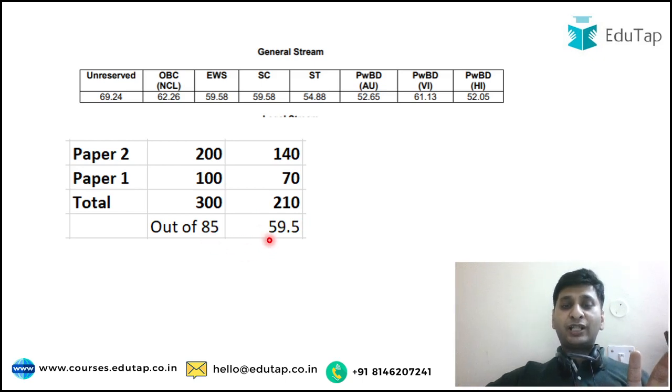So in my example, they come out to be 59.5, but the cutoff comes out to be something around 56 point something, which I explained in the last slide, right? So if somebody has got 59.5, he just needs to get 10 marks here to clear the overall cutoff of around 69.24. So overall, what we can say is that if you are getting consistently 70% marks, I am saying, in paper 1 and paper 2 and in the interview, you are through, right?